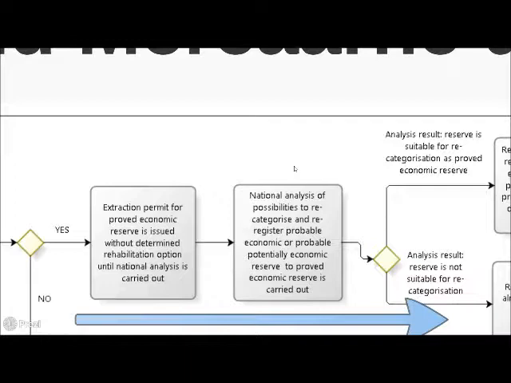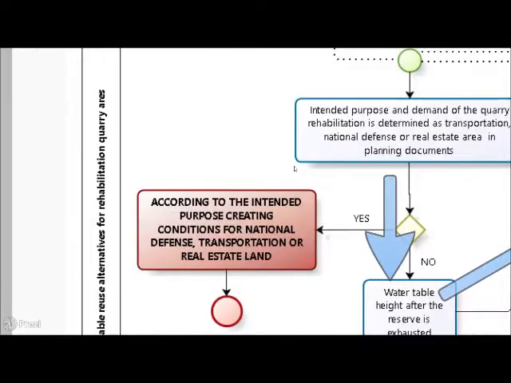Then we can use the land more sustainably, but also use the resources sustainably. But then we must choose the reuse alternative for the quarry also. If there is no intended purpose, as in those 3 quarries, based on planning documents, and also no demand for the quarry to be used for a real estate area,